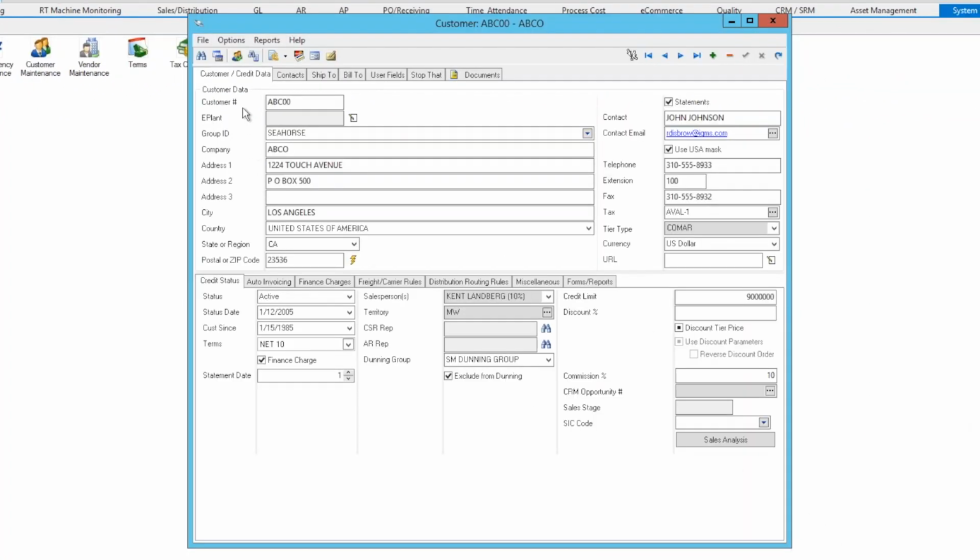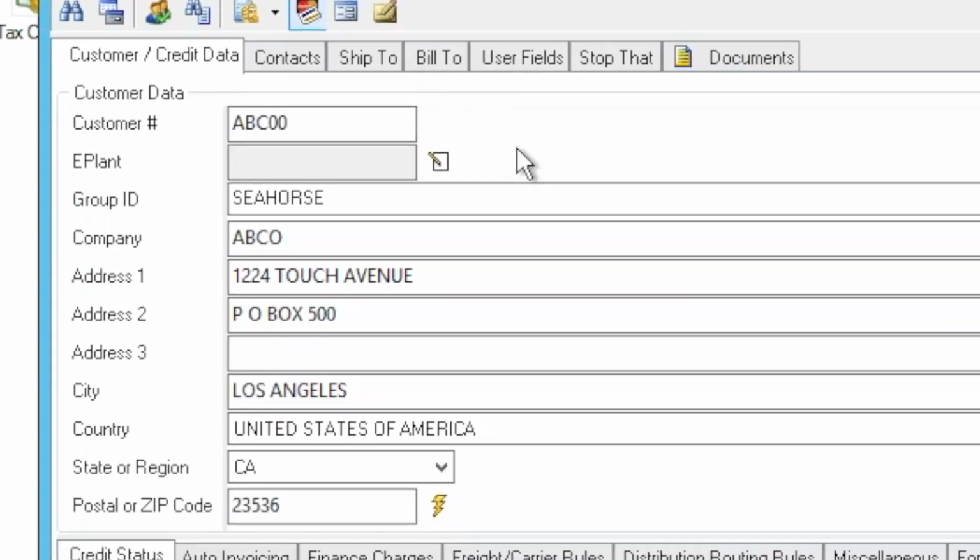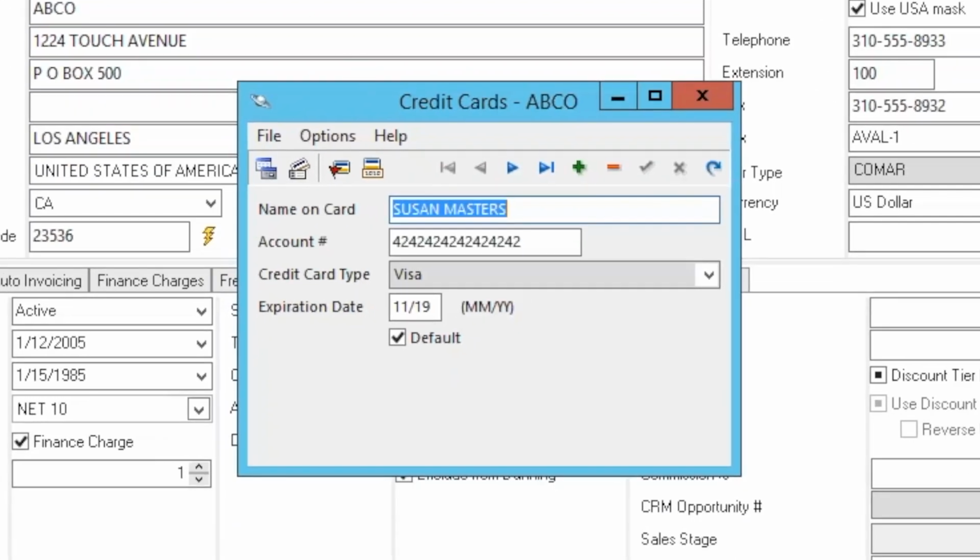Once the customer record is open, the user will select the credit card icon at the top of the window, which allows them to view the credit card information that is currently on file for this sample customer. If they would like to add an additional credit card for this customer, they can do so by selecting the